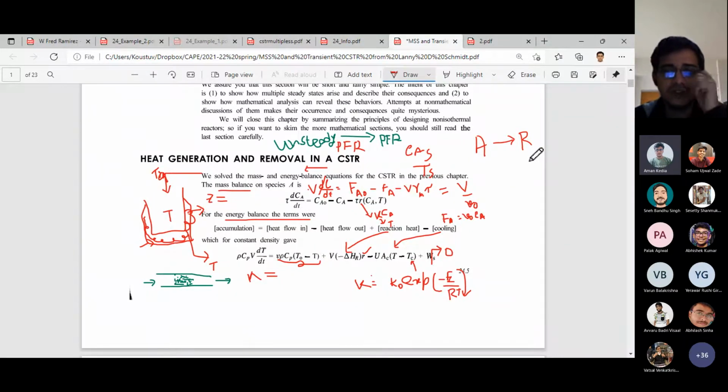So first we write this in terms of the concept that we have understood: accumulation equals inlet minus output plus or minus the disappearance or generation term. So in terms of mass balance, this is the approach as we typically write: V dCA/dt equals F_A0, which is the molar flow rate in, minus the molar flow rate out, minus the rate of reaction, which is nothing but V times r_A, right?